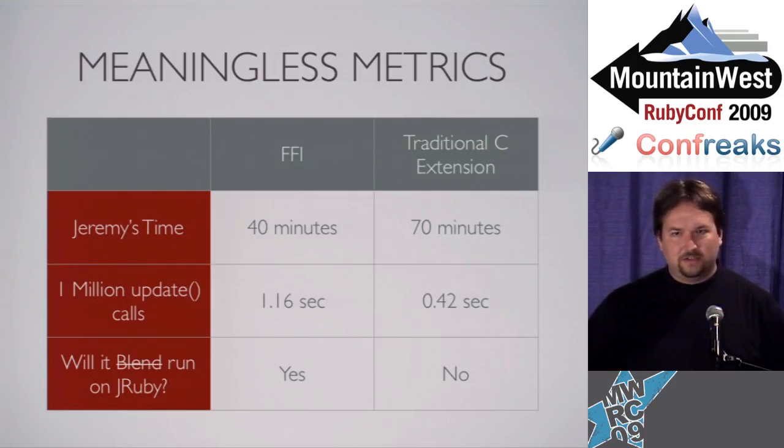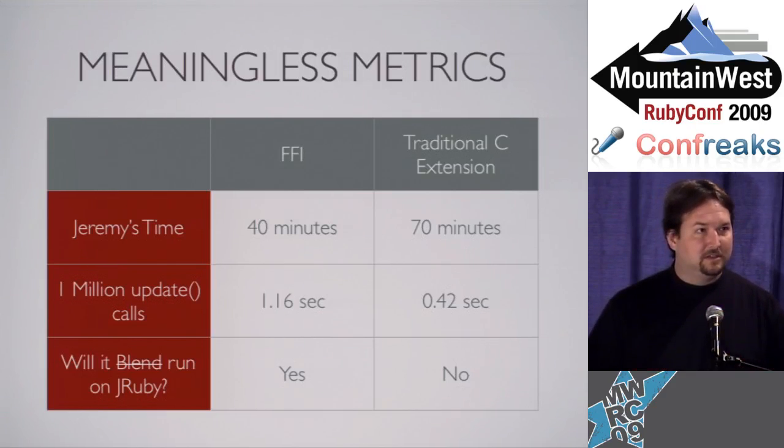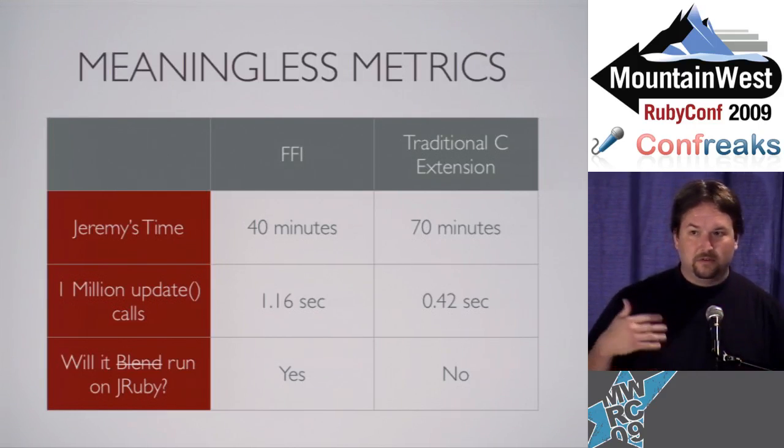Then I said, well, let's actually do this with 1 million calls. So we've got 1 million calls, and this is actually where I saw a difference. It's almost 3 times slower to do the call stack through FFI than through a traditional C extension. And this is somewhat expected. Instead of having